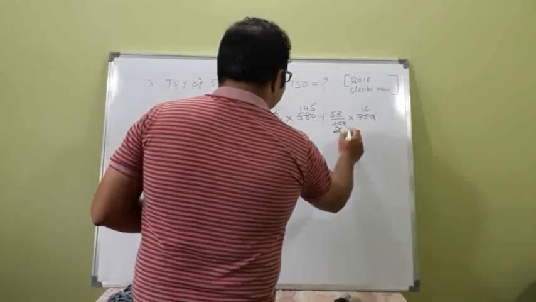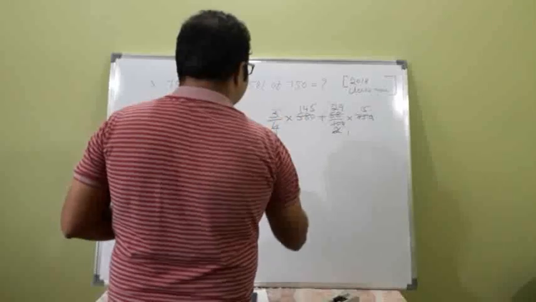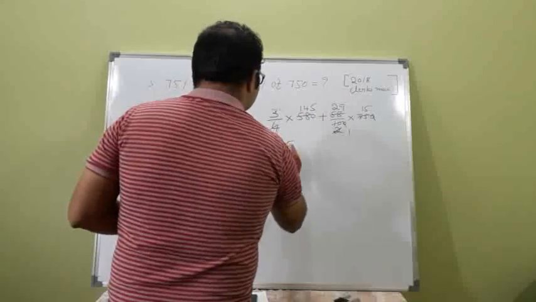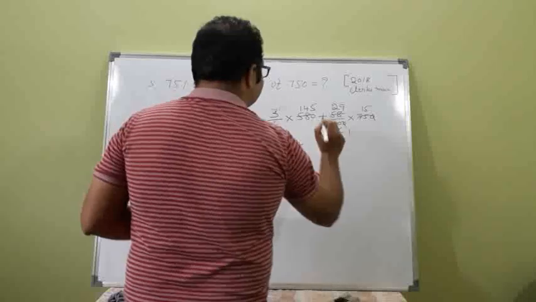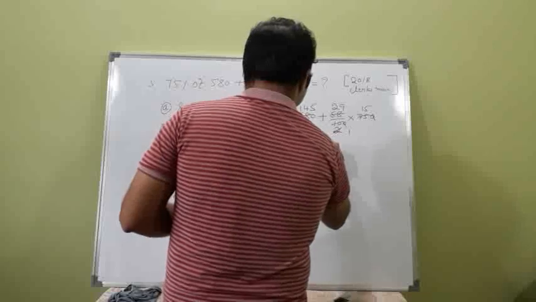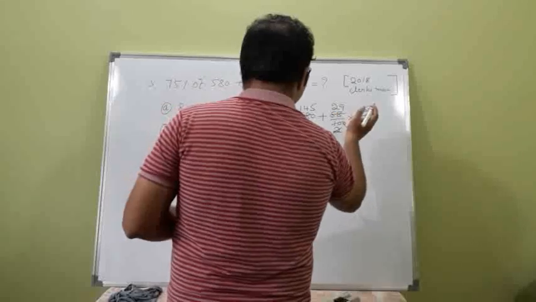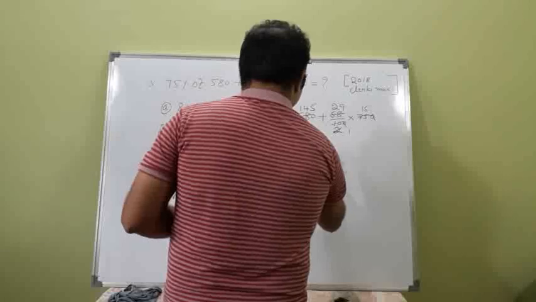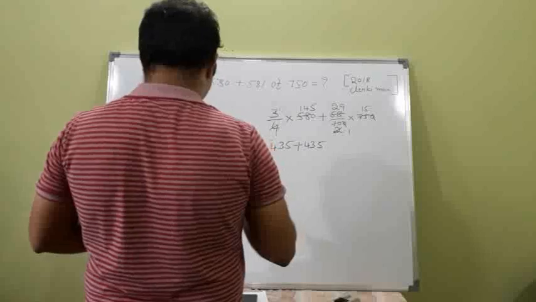Again 2 ones are 2, 2 twenty-nines, we are left here with 145 into 3, 5 threes are 15, 3 fours are 12, 1 carry 13, 3 ones are 3, plus 1 is 4, plus from the 15 nines are 135, 5 here, 13 carry, 15 twos are 30, plus 13, 435. So 435 plus 435 is